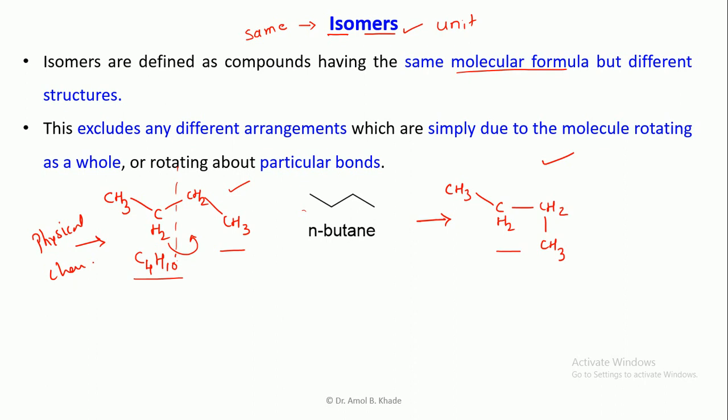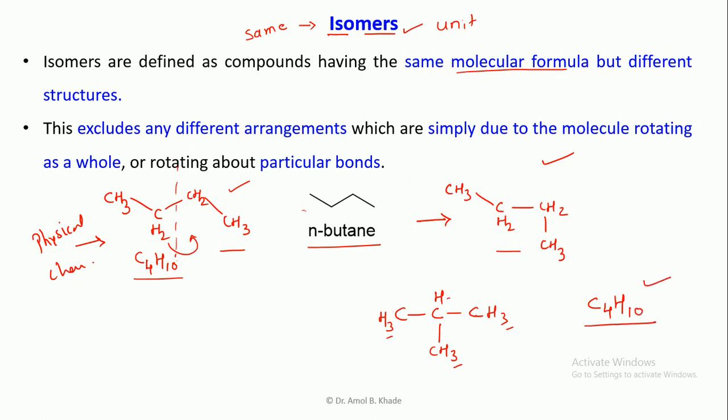We can again take the same example of n-butane, which I can also write in a different way. Let's say I take 3 carbon atoms in a chain. This is CH3, this is CH3, and let's say 1 hydrogen is attached here and 1 CH3 is attached here. Now you can count the carbons: 1, 2, 3 and 4. So this also has 4 carbon atoms. Then count the hydrogens: 3 plus 3 is 6, plus 3 is 9, and plus 1 is 10. So this is also C4H10.